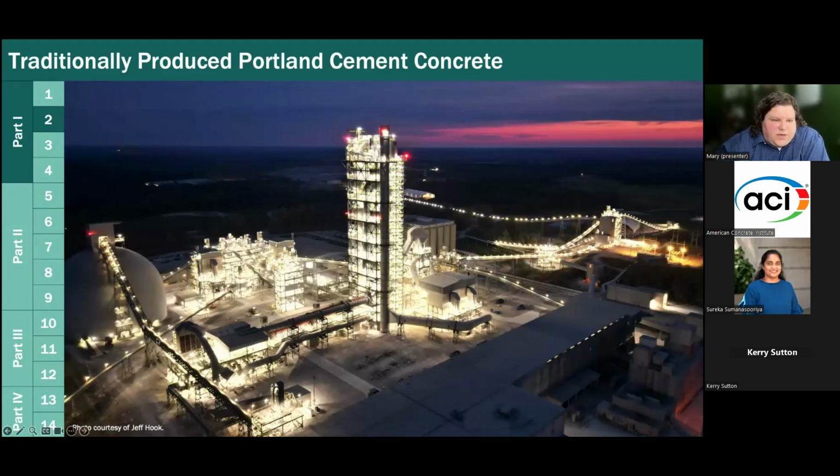And we have a really cool picture of a cement plant in the US from Jeff Hook. Thank you, Jeff. Just to give you a little orientation if you're not familiar, there's a little bit of storage here. This is what we call the preheater or precalciner tower. The raw materials like limestone, clay, and shale go up into here. Then they come down through the tower and hot air goes up. They start to heat up. And then they get to this thing right here, which is the kiln, okay? That's a long cylindrical thing, a cone or cylinder with a flame at the bottom.